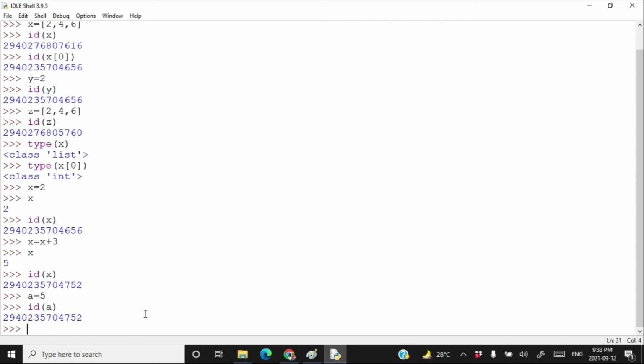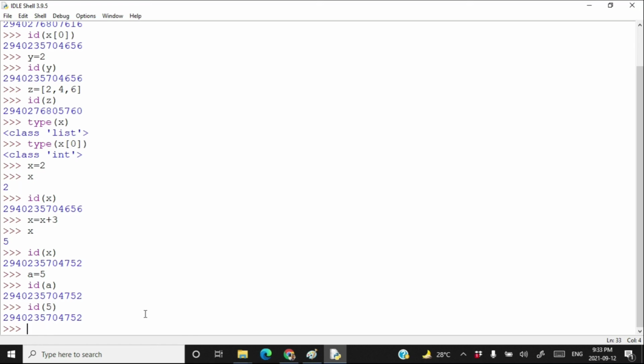You can just type your constant name to get the location of that constant, meaning on which address object 5 is. And here you can see at this address object 5 is. When you assign 5 to any variable, you are actually assigning this address to that variable.